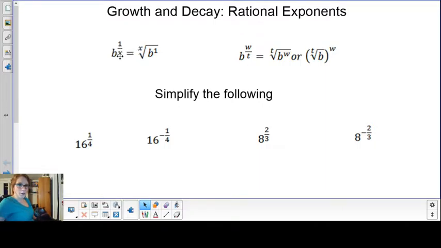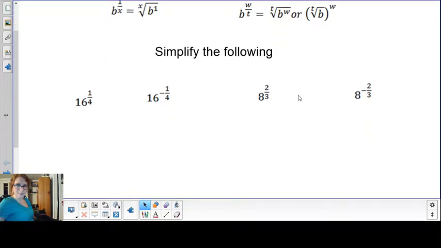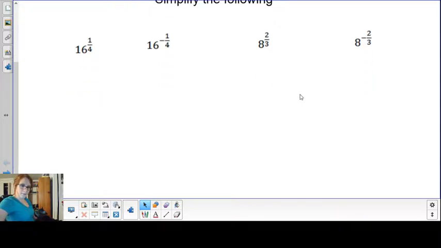If it's 1 over x, or 1 over 2, or 1 over 4, the x becomes the type of radical it is, and the 1 becomes the exponent to the variable or number. If you have two numbers over each other, the bottom number will always be the outside, the top one will be the inside. So for example,